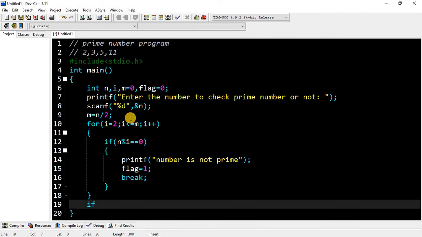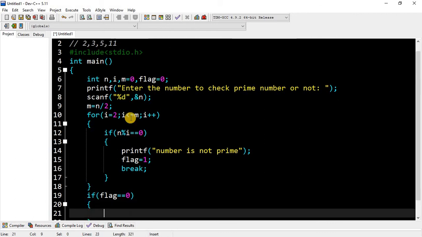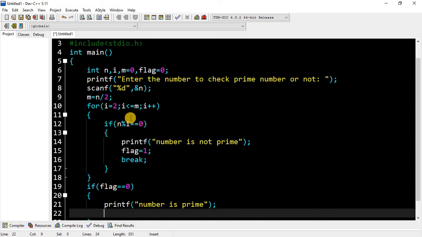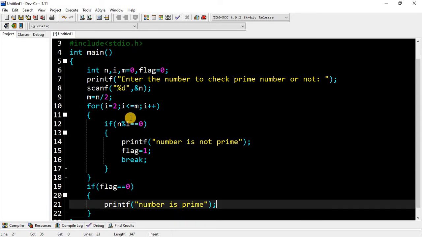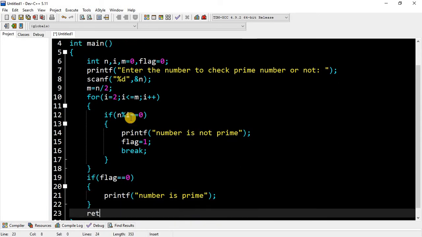The next condition is if flag is equal to 0, then we will simply print printf number is prime, and here we will do return 0.